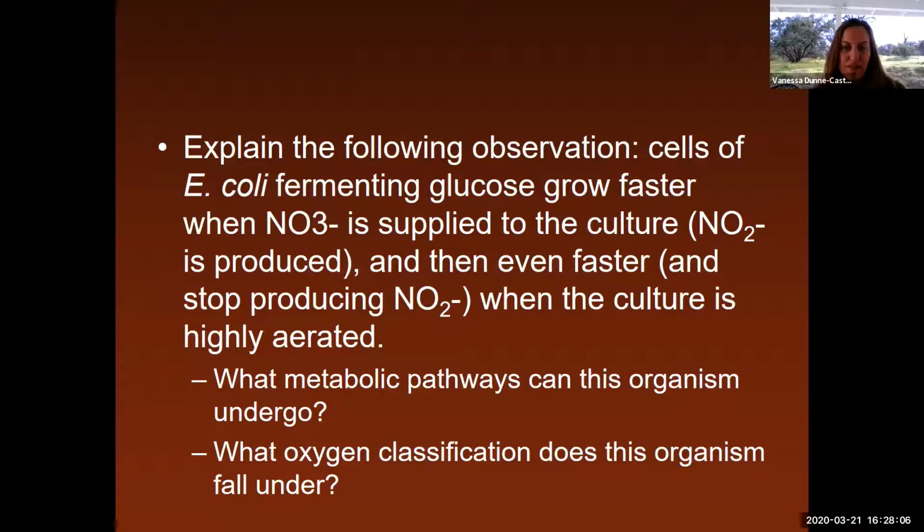This is an example of a discussion question that you definitely will see on the exam. So I'll just read through it first, and then we'll go over it all together. Explain the following observation. Cells of E. coli fermenting glucose grow faster when NO3, which you guys know is nitrate, is supplied to the culture, and nitrite is produced, and then even faster and stops producing nitrite when the culture is highly aerated, which means oxygen is provided to the culture. So note that anytime you see a couple of key things here,